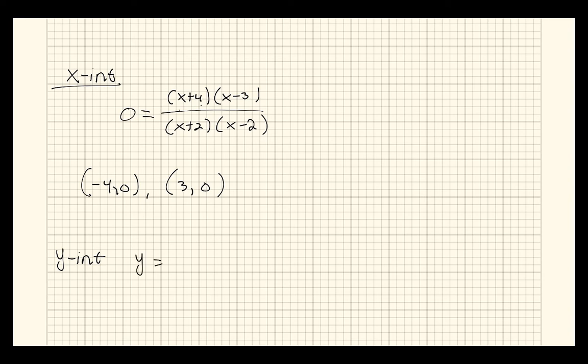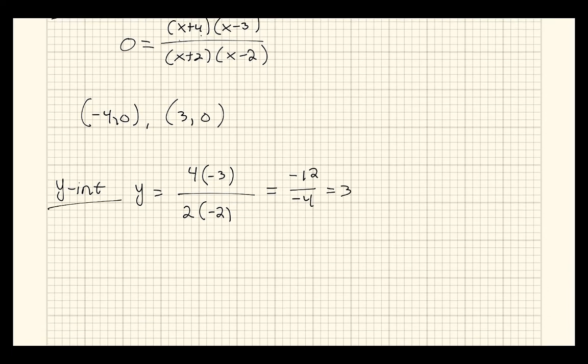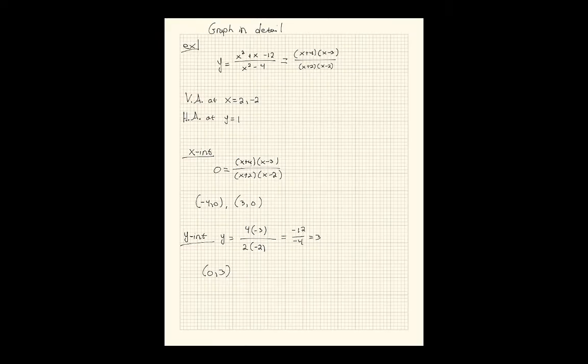That is going to be plugging in 0 for x, so that would be a 0 plus 4 is a 4, times a 0 minus 3 is a negative 3, over a 0 plus 2 is a 2, times a 0 minus 2 is a negative 2. So this would reduce to a negative 12 over negative 4, which is a positive 3. So you have a y-intercept at 0, 3. Okay? All right, now once I have those pieces of information, we can go ahead and sketch our